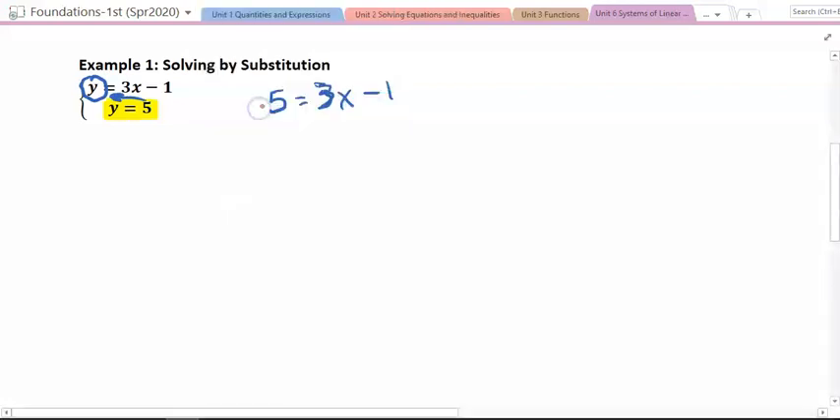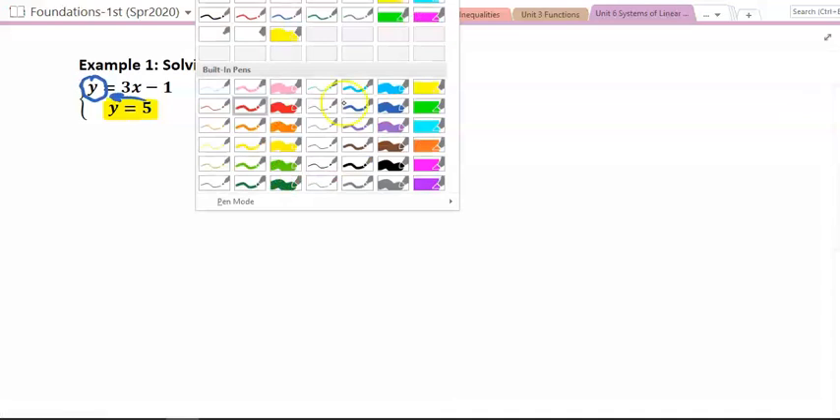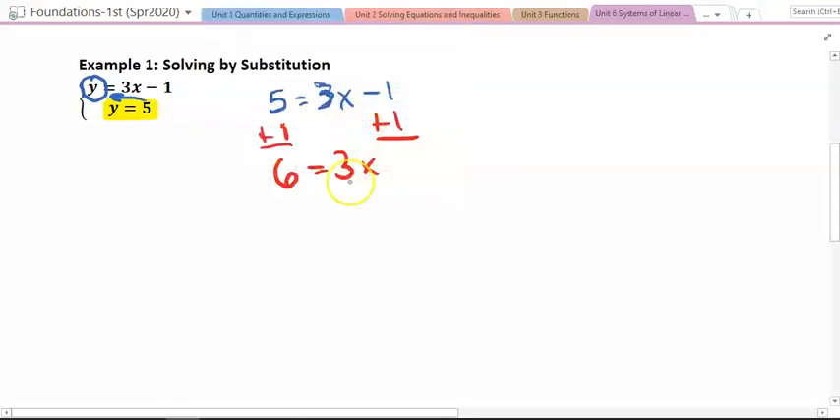And so doing that, I'm going to add 1 to both sides. And doing that, we get that 6 is equal to 3x. And then we'll divide both sides by the 3 to get the x by itself. And again, I apologize for the pen. Okay. And so when I divide both sides by the 3, I get that 2 is equal to our x. And so when I'm thinking about this ordered pair here,